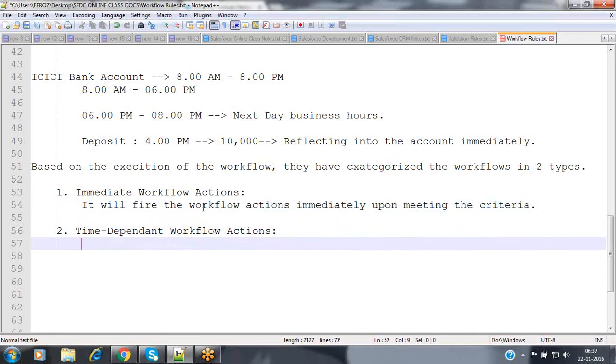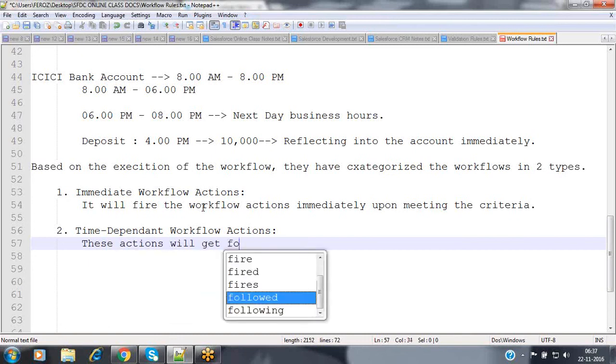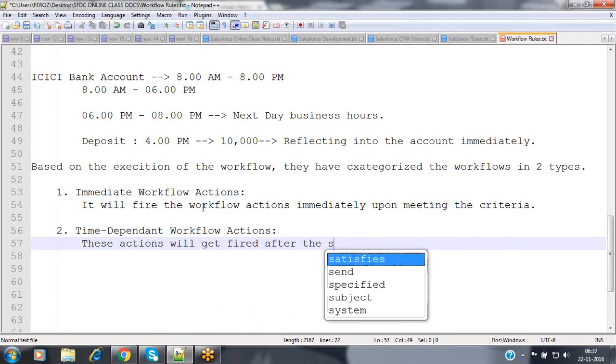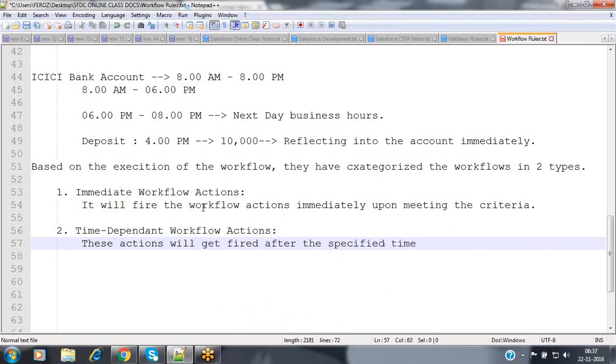But with time dependent workflow actions, it is like the credit card bill amount, where reminders are sent 10 days before, 5 days before, 3 days before, 2 days before, and on the same day. They notify you based on some specific time period. Time dependent workflow actions get fired after the specified time period is over.